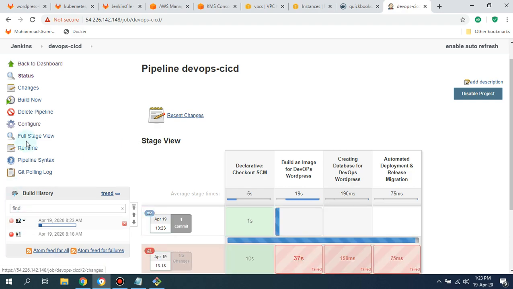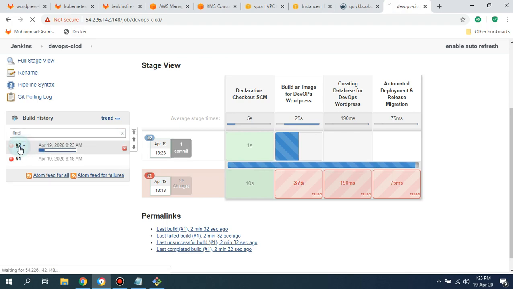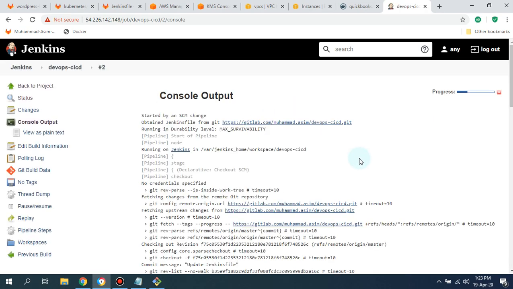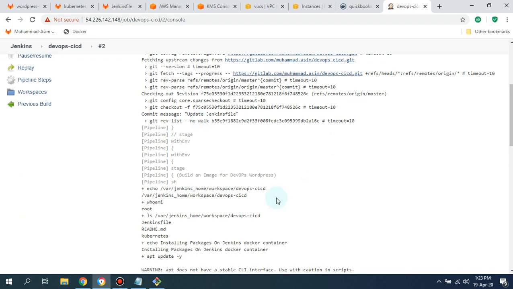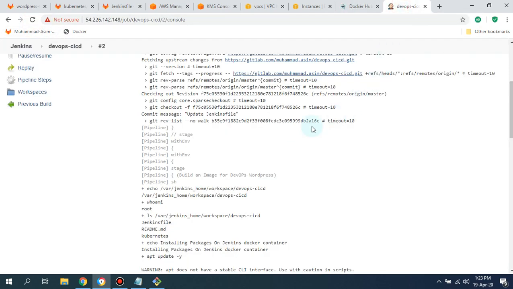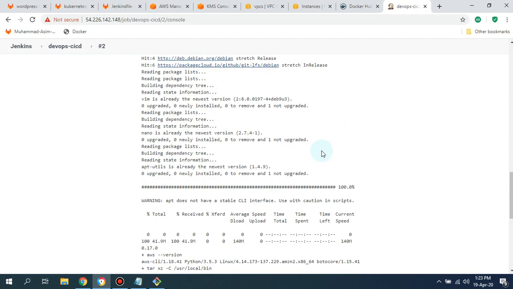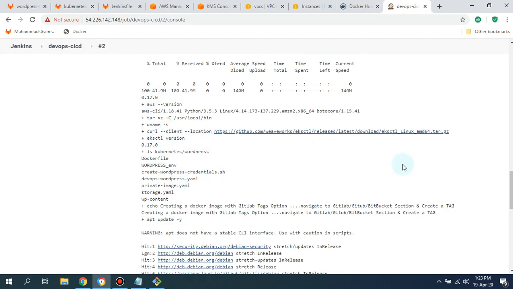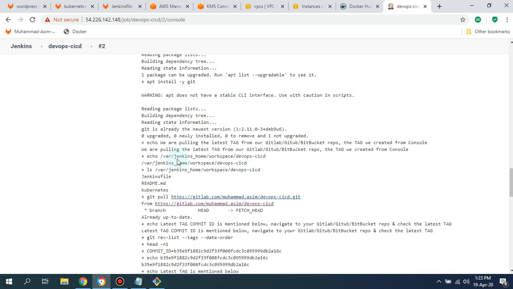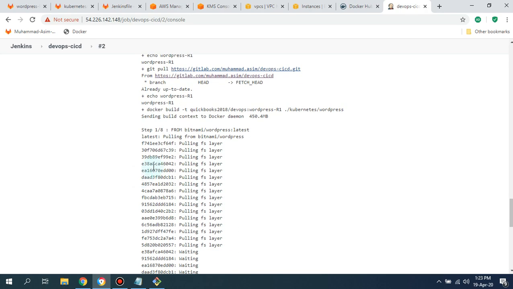Let me navigate to the console output of this particular build. You see our build is started, so this time it is not giving an error because the tag is going to create that particular image, and everything is going to show in this part of the console output. It's going to build that image with this particular tag, and it is going to push